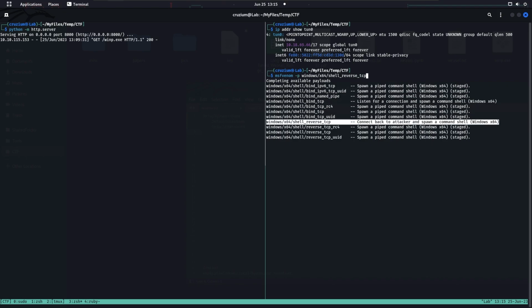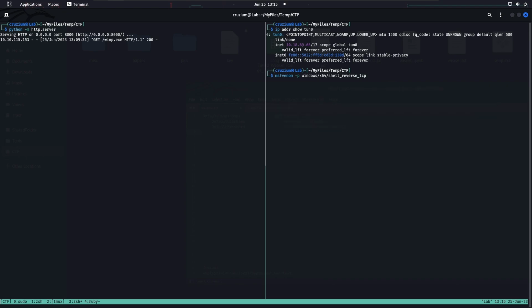Shell reverse TCP, and our listening host is this, 10.18.69.66, and our listening port will be, let's say, 444. The file name is